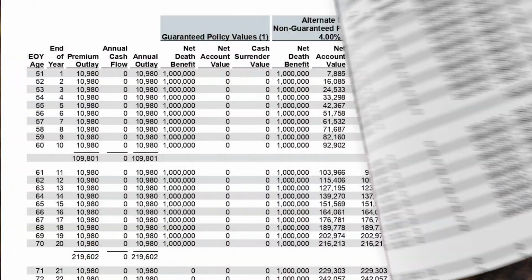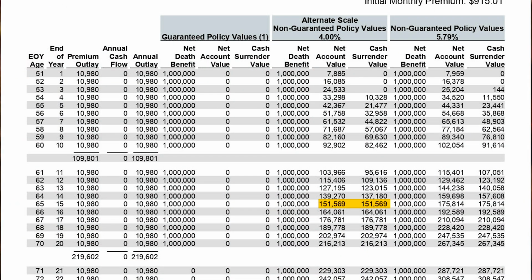Now they'll gradually back off those fees as time goes on. You'll see eventually that net account value and the cash surrender match at year 15. It means that finally the fees drop off. This is a tactic that Universal Life uses and companies will use so that you don't cancel your policy too quickly. You'll stay in it for the long haul.